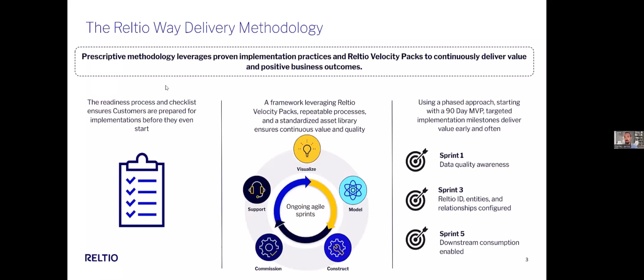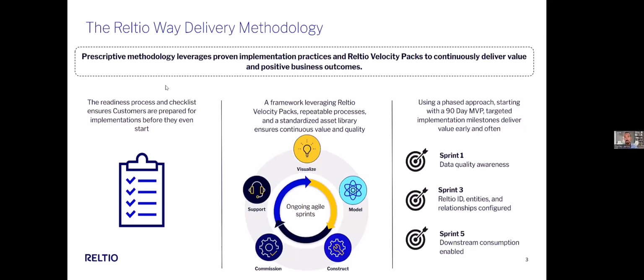On that far left side there, the checklist, that's what we're focusing on today. This is a readiness process to ensure that you are ready to go for the implementation, or the customer that you're supporting is ready, and what goes into that. In the middle, we do leverage an agile framework. This also leverages our velocity packs. So we do have pre-structured tenants that are designed for a given use case to execute on quickly. So they're already configured, and there may be some modification, of course, once we get moving based on requirements, but that really speeds us along and is something unique to us.